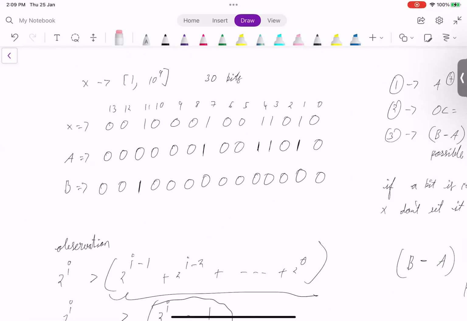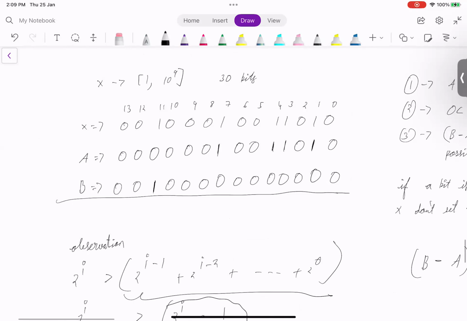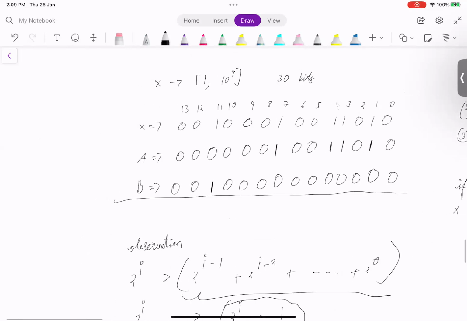Right? So we know that this is one arrangement which will satisfy all the three conditions. Now we know this is one arrangement. So now